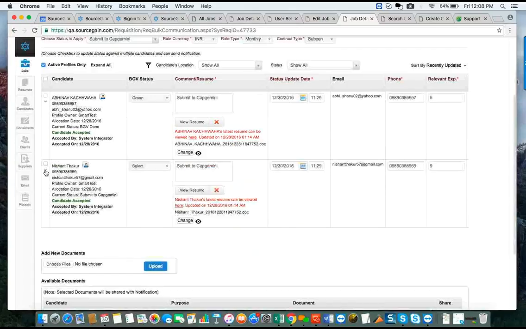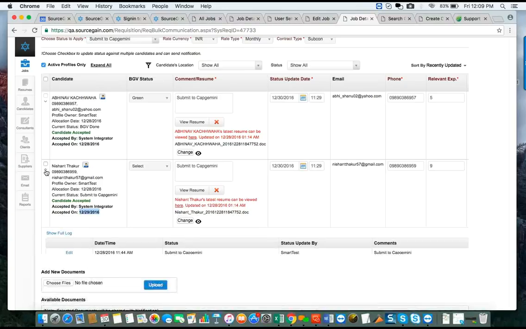Now you're seeing the difference. On the other screen, we were getting pending approval. Here we are getting candidate accepted. This is the vendor manager name who has accepted it, and this is the date on which the person got shortlisted for L1. You are seeing here a small arrow. If you click on this arrow,